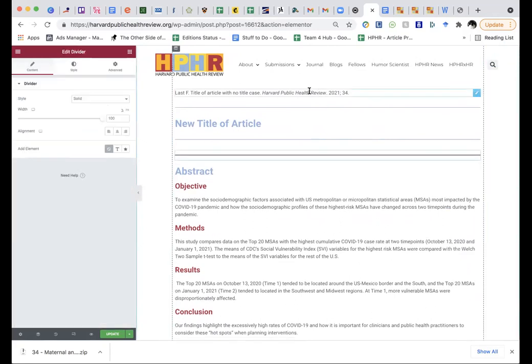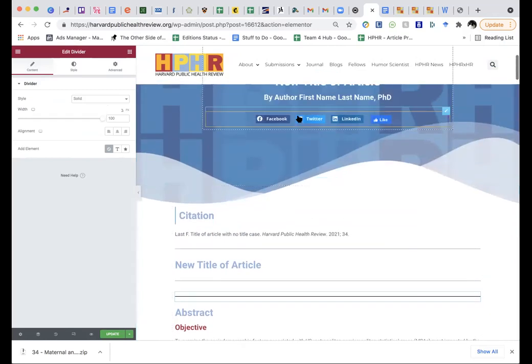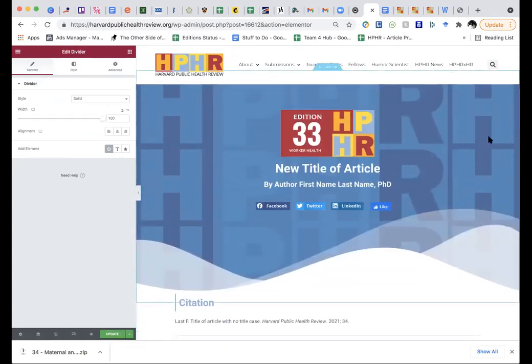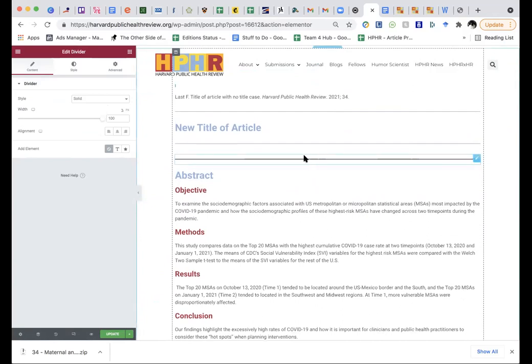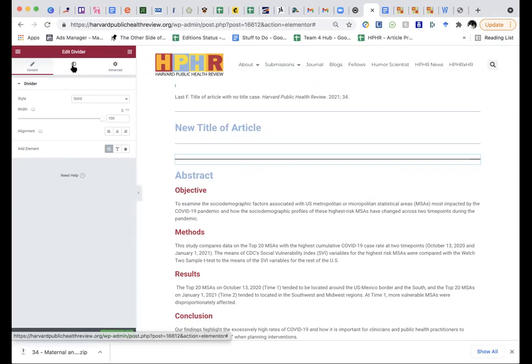In articles, you can see this is much more of a blue theme, right? You don't have to do anything to create the blue theme, but here we've added a new divider, and suddenly it's not blue. It's very easy to fix. Changing the aspects of the divider is under content. But if you want to change the color, you hit style, and style is in the middle.